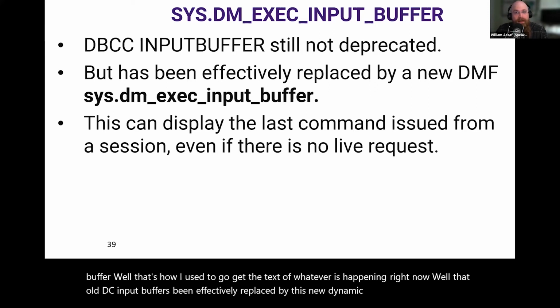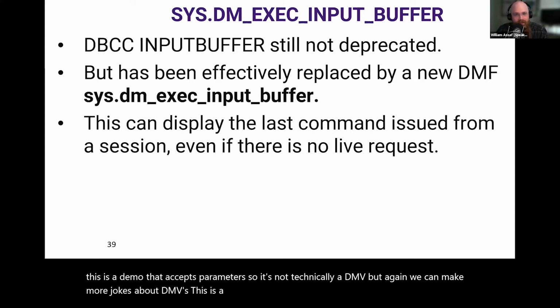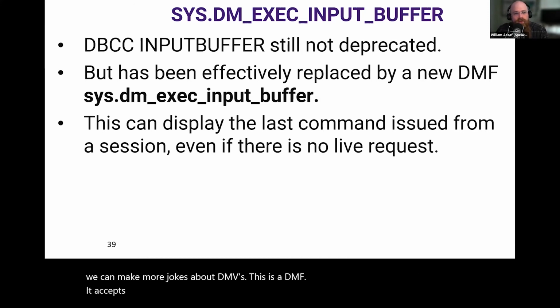So this is a DMO that accepts parameters. It's not technically a DMV, but again, we can make more jokes about DMVs. This is a DMF. It accepts parameters. And you can pass in the session ID, and you can use it to display